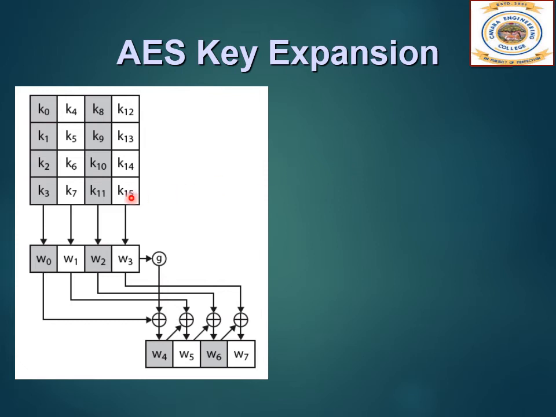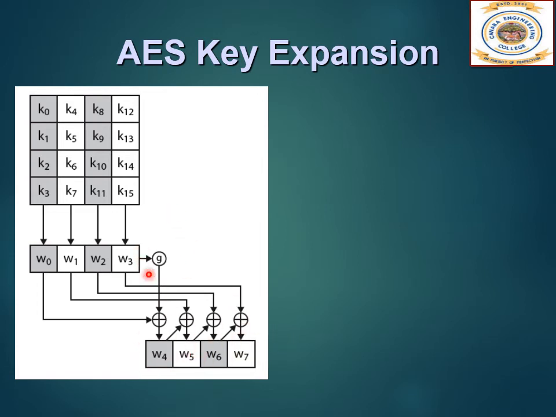So that initial key is the initial one here, W0, W1, W2 and W3. These 4 words are used. Now the remaining 40 words, how they are generated is what is shown here. So you have a function G over here. Using this function G, this XOR is performed over here and we get the new key.